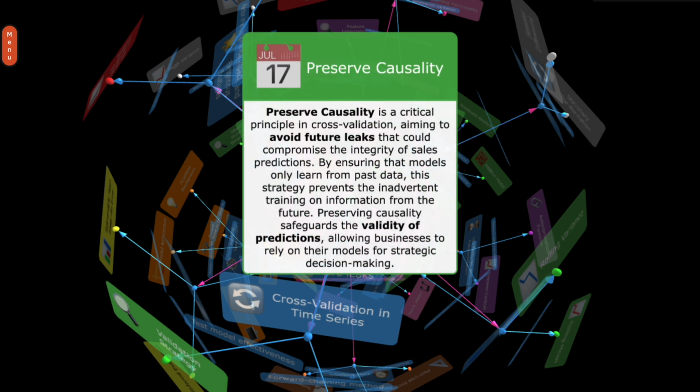Preserve causality is a critical principle in cross-validation, aiming to avoid future leaks that could compromise the integrity of sales predictions. By ensuring that models only learn from past data, this strategy prevents the inadvertent training on information from the future. Preserving causality safeguards the validity of predictions,